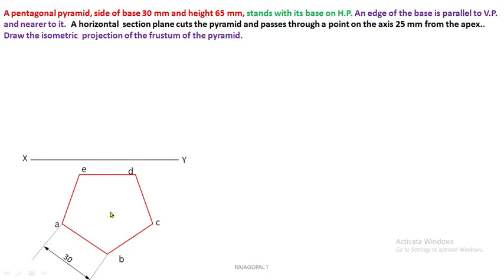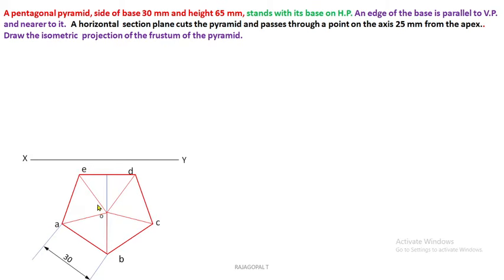Identify the apex or vertex point O and join all the slant edges OA, OB, OC, OD and OE by means of thin lines. After the completion of the thick line, we can identify the removed and remaining portions. After identifying the remaining portion, we can convert the slant edges into continuous thick lines.